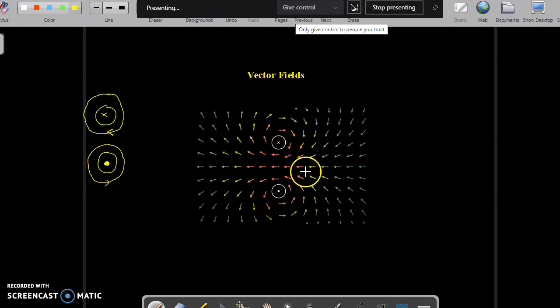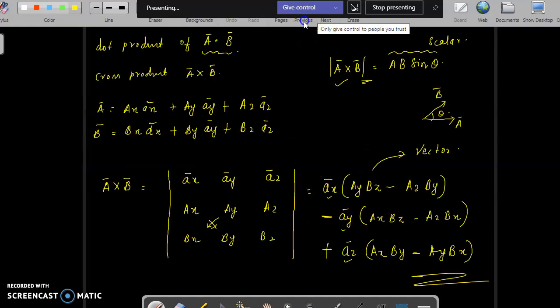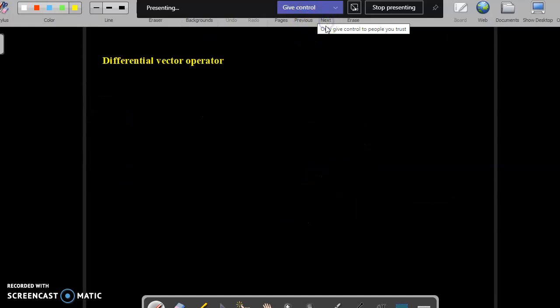This field is developed around the lines of force because it is carrying some current. All current carrying conductors will produce some amount of flux. So here the flux is a vector quantity, and you can represent that vector quantity using ax, ay and az terms. There are some operators available to apply to these vector fields. One of these operators is a differential operator.